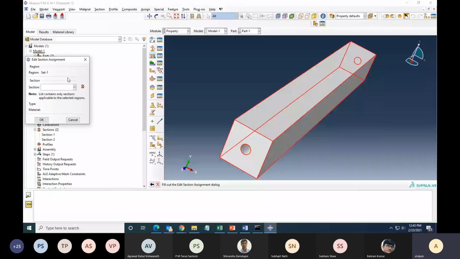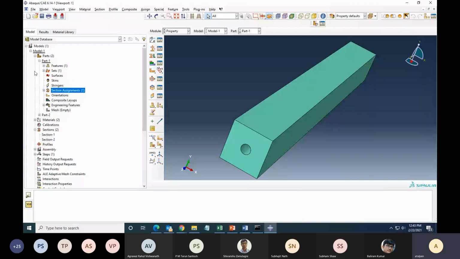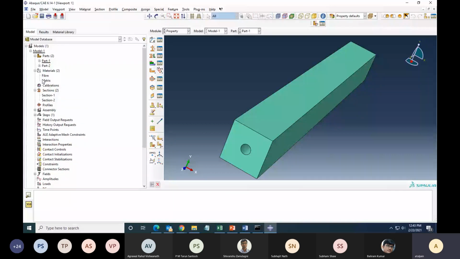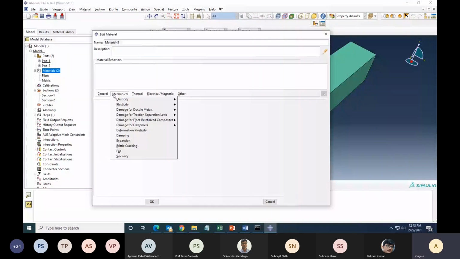Okay. One thing I forgot. If you go to the materials, let us say create. You will see this. Look, damage for fiber reinforced composites. This is the Hashin damage. We will learn in detail about these damage criteria, how to implement them, what is the mathematics behind it, whether it is accurate or not, later in our course. We will learn a large number of damage theories. Inside Abaqus, only one failure theory has been implemented. That is the Hashin damage criteria. So keep this in mind. This is important. We will come back to Hashin damage later in our course.